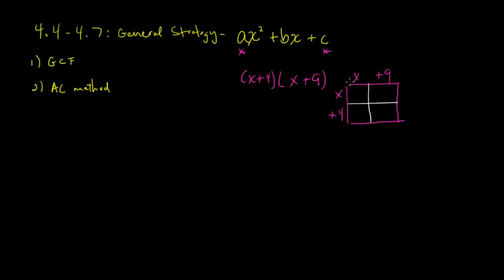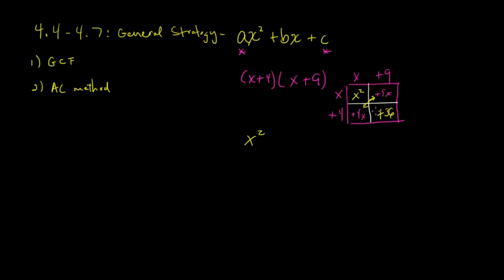When I multiply x times x, I get x squared. When I multiply x times a positive 9, I get positive 9x. When I multiply now this side, x times this positive 4, I'll get a positive 4x. And when I multiply 9 times 4, I will get a positive 36. And remember that our interior diagonals are the like terms. So when I expand out x plus 4 times x plus 9, I get the quantity x squared